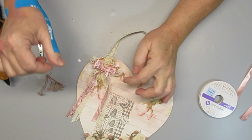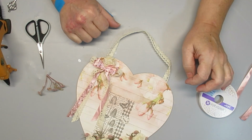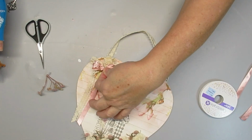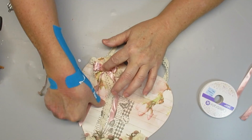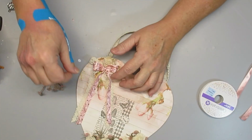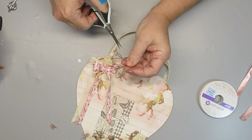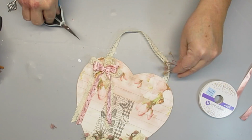I went digging around in my stash. I knew I had some pink ribbon somewhere, and I found this beautiful satin one, and it has some cherry blossoms on it. I thought it would be perfect because it's the same color as the paper and just bring out a little bit more of that romantic color. I did a double bow for this one, and I'm going to glue that right on top of the lace bow. I'm going to add a few more of those little wax flowers, a little sprigs of some Spanish moss,